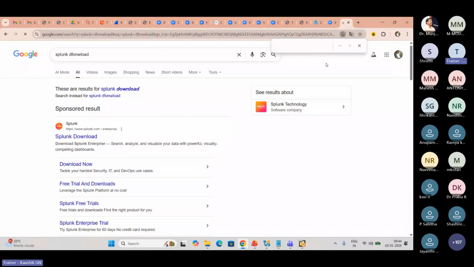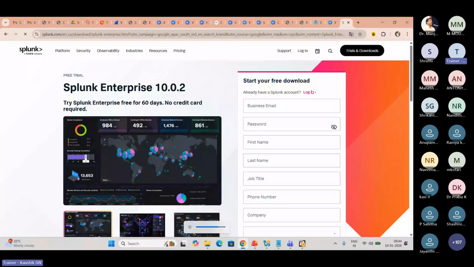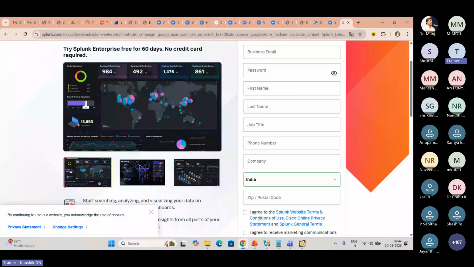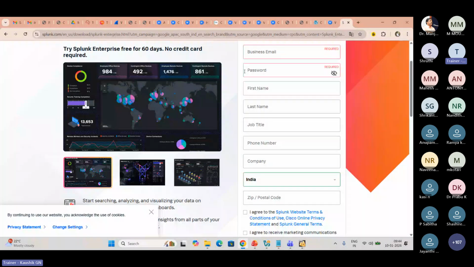But the only thing is that Splunk is only free for 48 hours. And once you get the free version for a specific email ID, it can be used once only. So if you want to practice, you have to give multiple email IDs. Or if you are rich, you can buy the enterprise version, but it's very costly. Same thing, you enter a business ID and password, and it is very important. You have to remember the password, otherwise the console won't work, and you can download it. You can create an account and download the same. I'm not going to download here because of the time constraint.